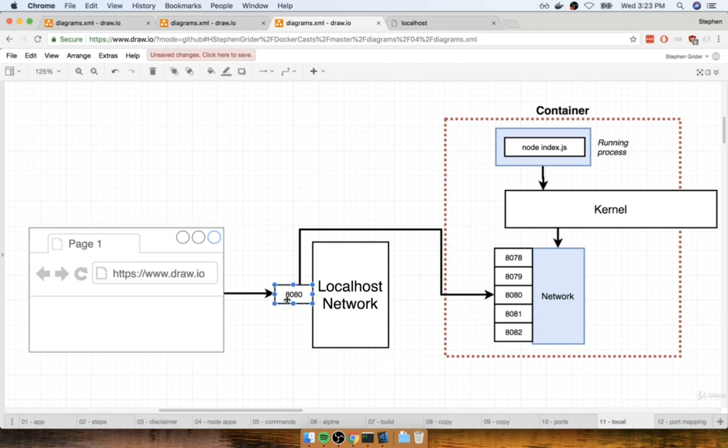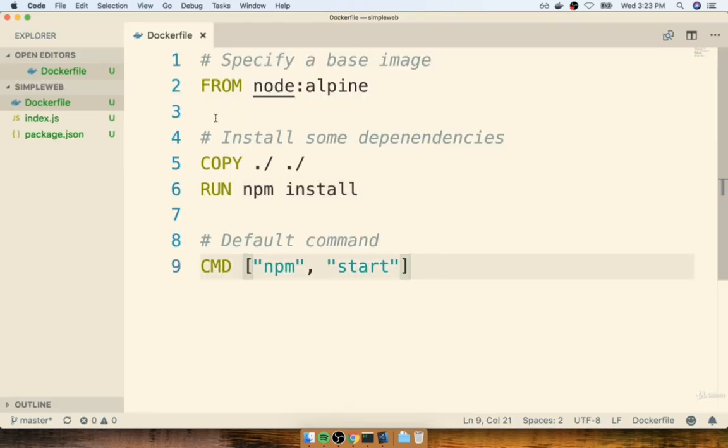So in order to set up this mapping, in order to forward this traffic to a specific port inside the container, we're going to make a slight adjustment to the way in which we start the container up, or specifically the docker run command. So this is not a change that we're going to make to the Dockerfile. We do not set up port forwarding inside the Dockerfile. The port